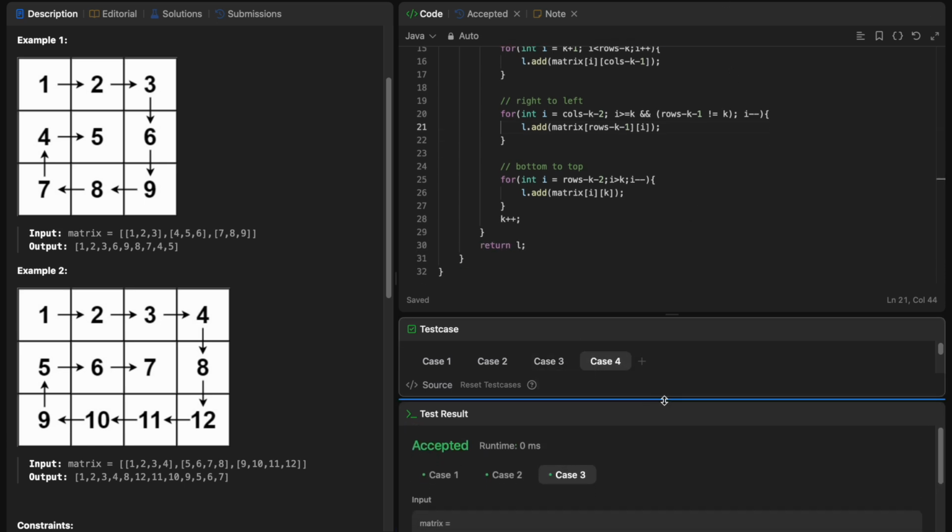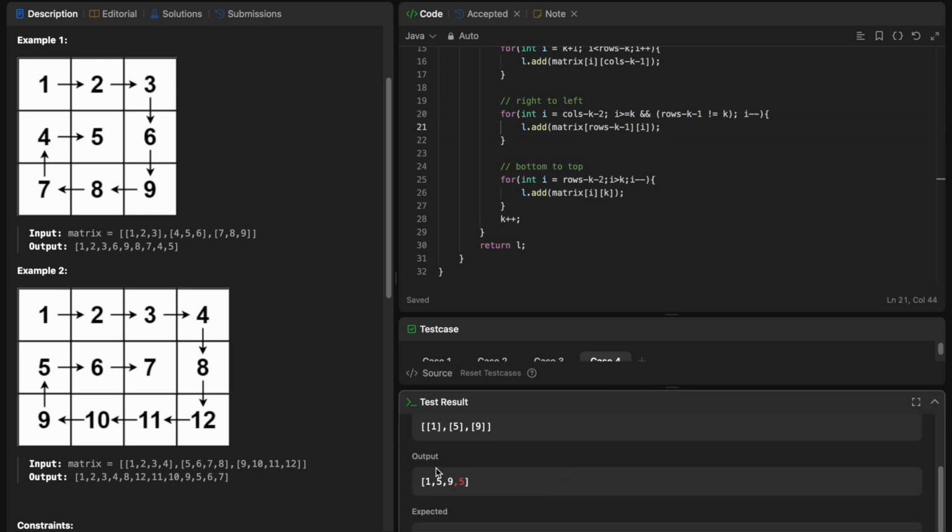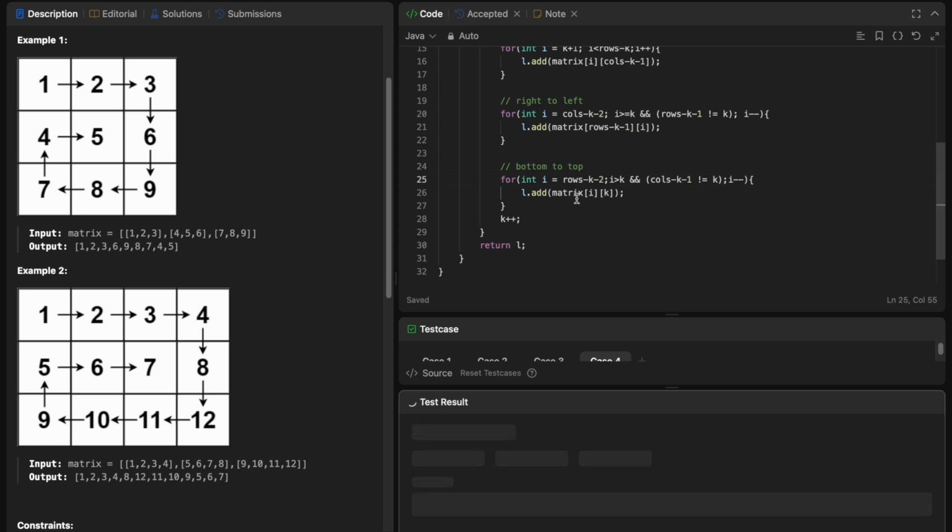Now in another case, I think you would have guessed this, we only have columns. So we have only one column, only one value, and none of this and none of this. Again there would be a problem because here we have not added that condition. We're not checking that our columns are correct. Again it has printed this. So here as well we will add a condition: columns minus k minus 1 is not equal to k. Let's try to run this. Perfect. So that's what our solution looks like.